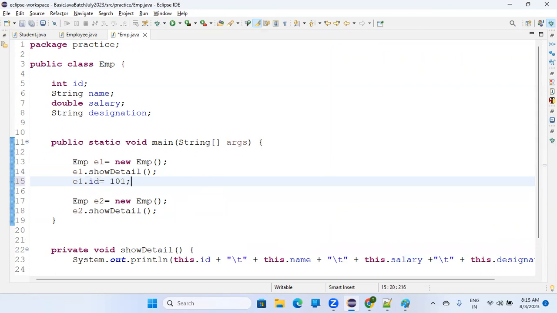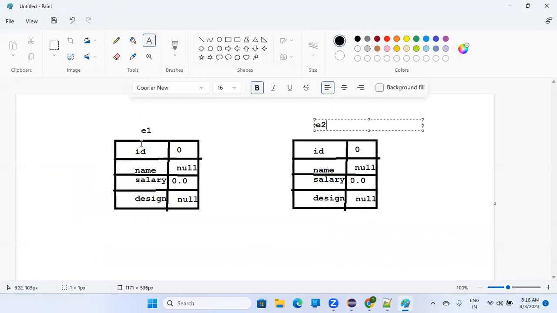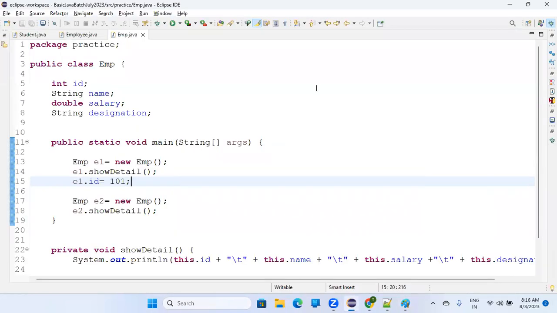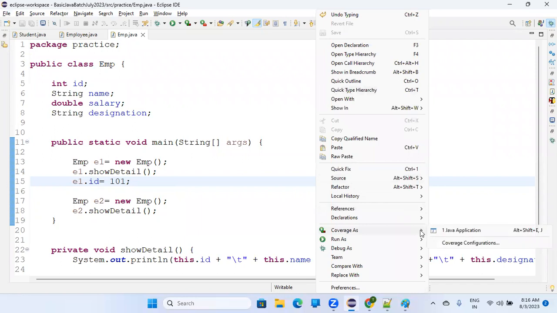I don't want to fill all the values. I just want to show you that if you want to fill the values of the E1 object, you can say E1.id is some value. So this will be overridden. Instead of 0, we'll put some new values. Fine. If I run this program, you will be able to see that,